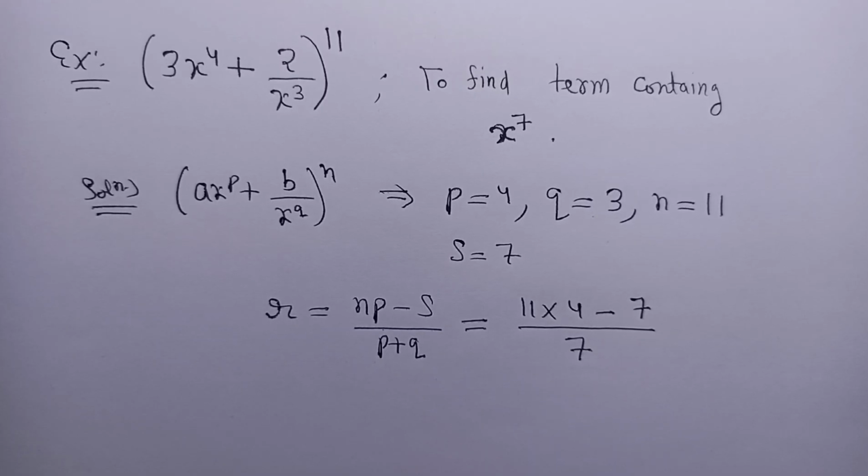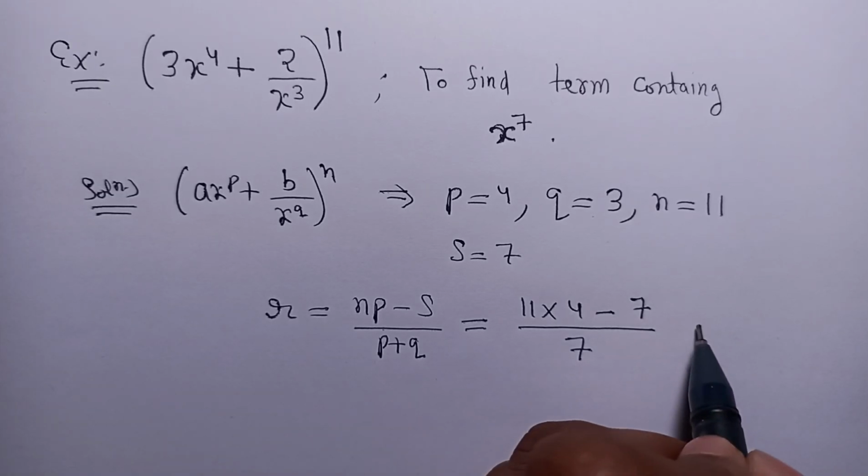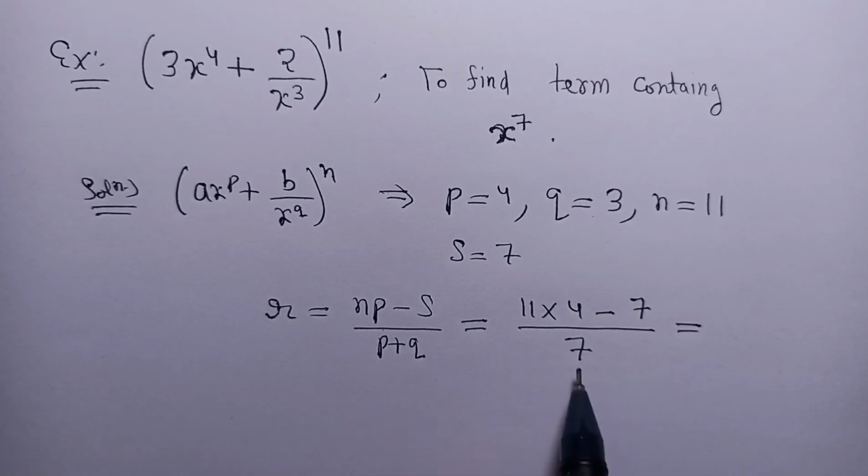Okay, so I made up this question. I have to change something so that you will get an integer value of r. So right now what you are getting is 44 minus 7 divided by 7. So 44 minus 7, you will not get an integer value, so we have to change something, and what we can do,